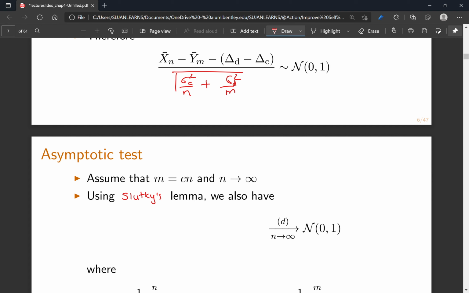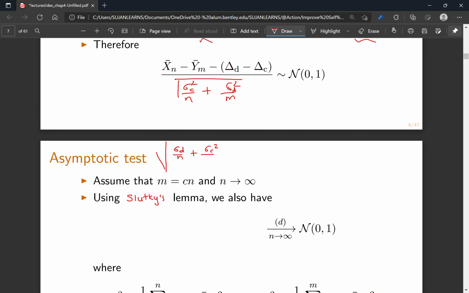What the continuous mapping theorem says is that if I have σ̂d n and σ̂c m, and we take these two squares,